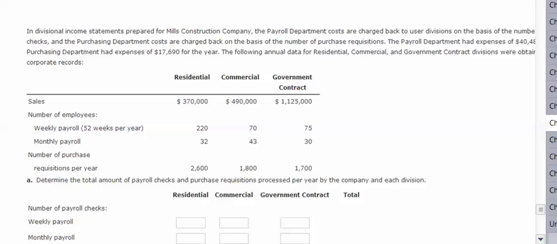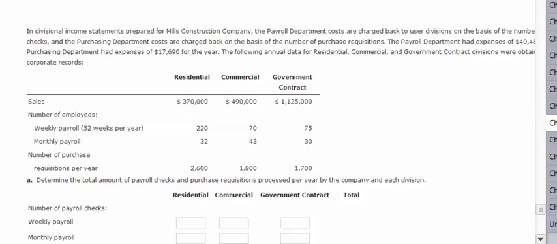Here we have a question. This is exercise number 3 for chapter 8. We're going to first determine the total amount of payroll checks and purchase requisitions processed per year by the company for each division. So we're going to add those up, and